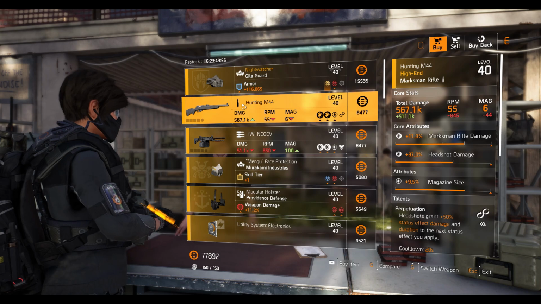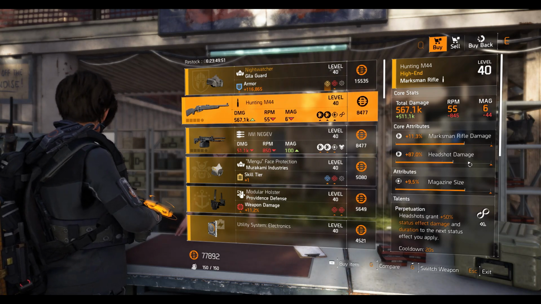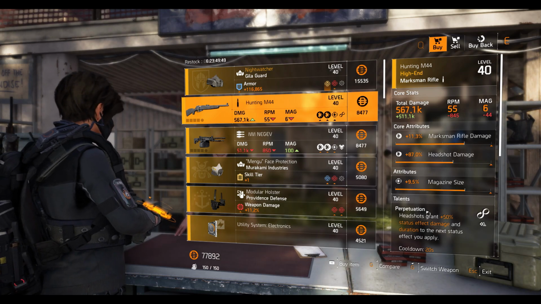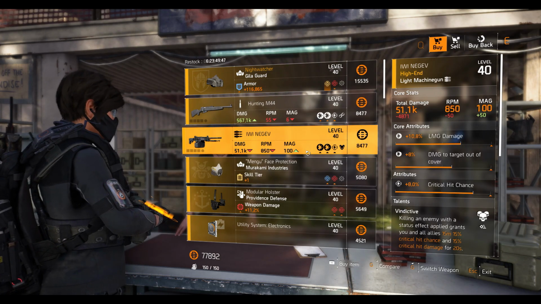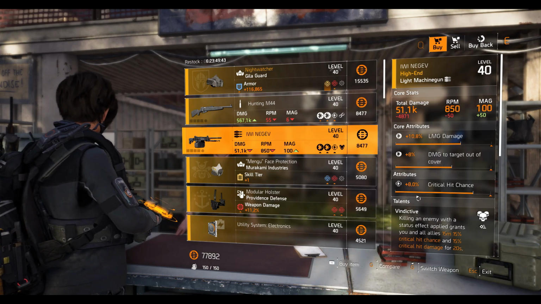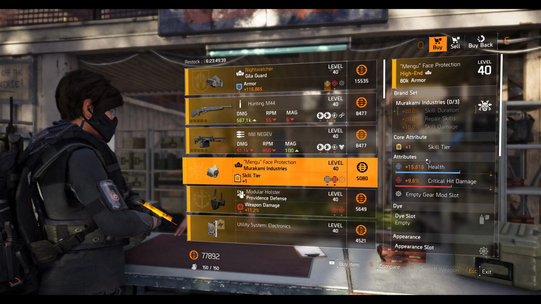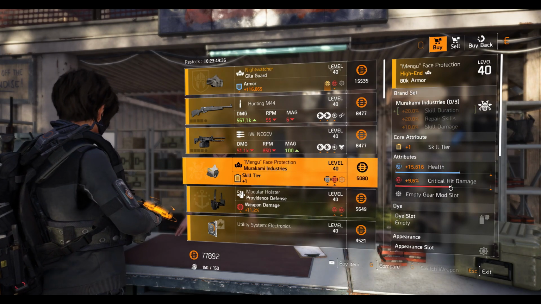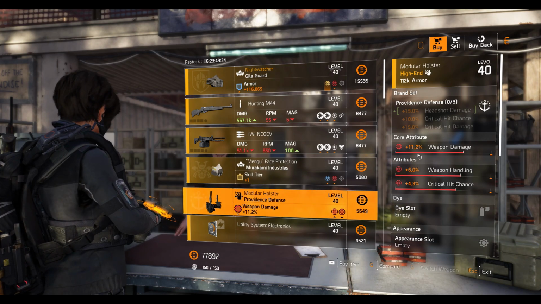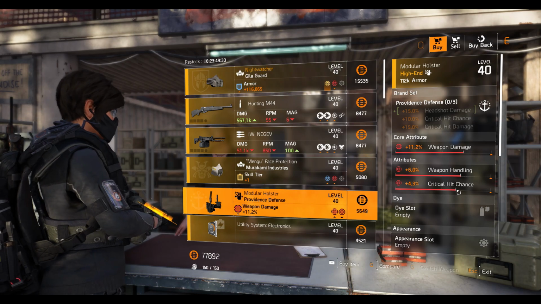Yeah. And next we have the Hunter M44 marksman rifle with 11.3% marksman rifle damage, 87% headshot damage, 9.5% magazine size. Perpetuation is the talent. The Negev LMG with 10.8% LMG damage, 8% damage to target out of cover, 8% crit chance, Vindictive talent. Murakami Mask with 15,616 health, 9.6% crit damage, a Providence Holster with 11.2% weapon damage, 6% weapon handling, 4.3% critical hit chance,